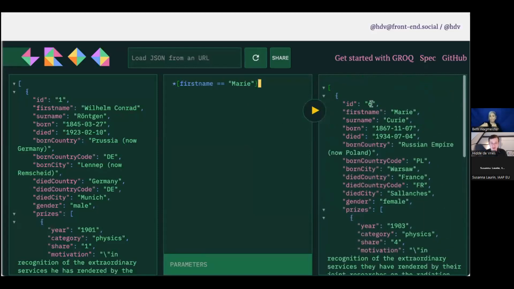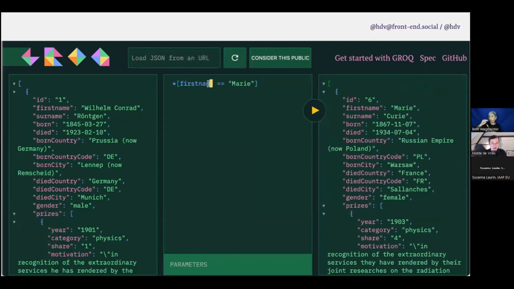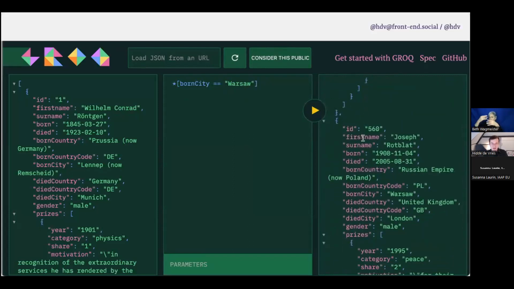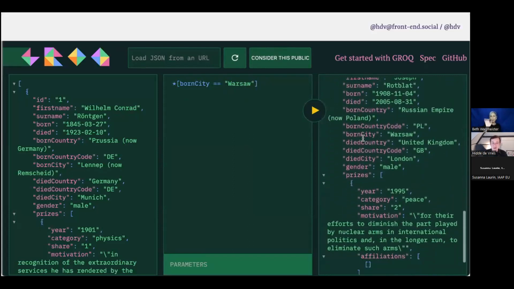It's just one person, one Marie has won this prize. If I start looking for other things, like where they were born, like Warsaw, I'll get more results. Marie is born there, but there are also other people born in the same place. So we like to see our content as data like this that is then easy to query and to look inside of. Think of your content inside of an Excel sheet, but in a very flexible way.